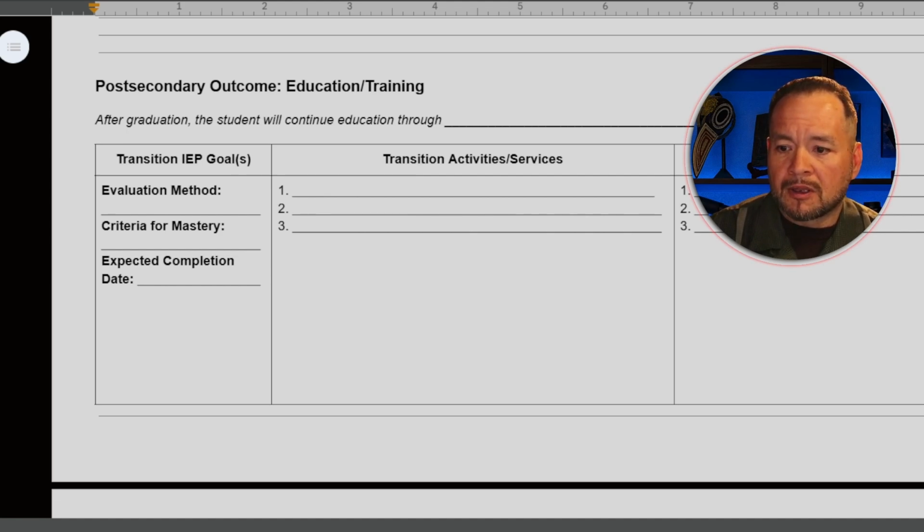For example, if they're going to complete a welding program, is it a 2-year program? That needs to be listed on there. And when are they going to start? Is that something they can start before they even finish high school? Because if they can begin to work on their education and training before they complete high school, that's a much better option. That's why you should be looking at things like dual enrollment at a technical school or at a college, whatever type of program fits your son or daughter's needs. Starting that while they're still in high school helps them begin that journey while they still have a lot of those supports.